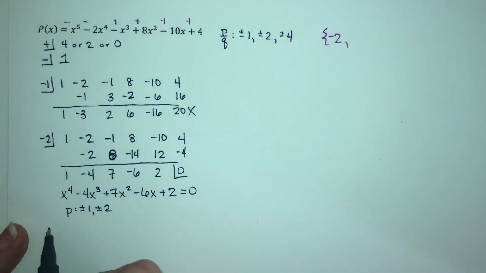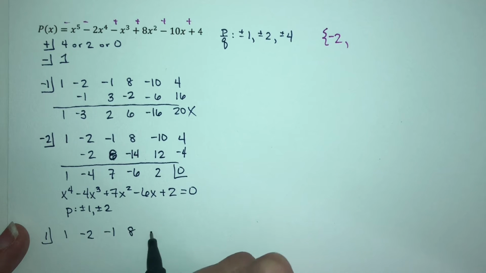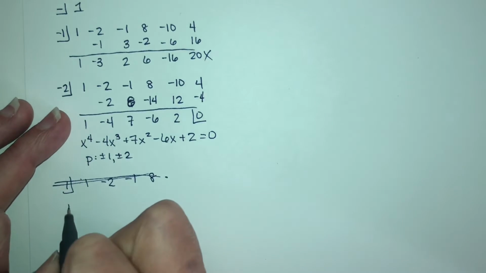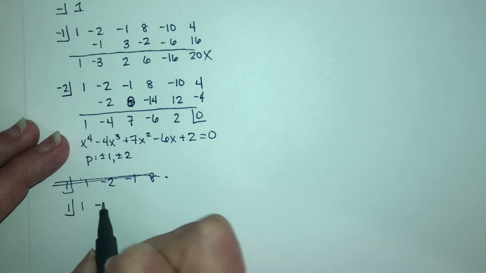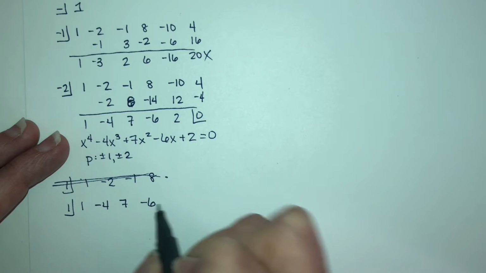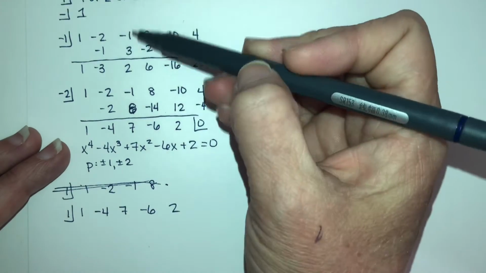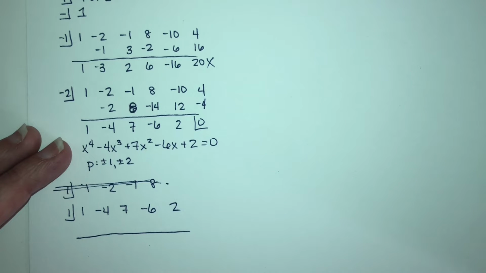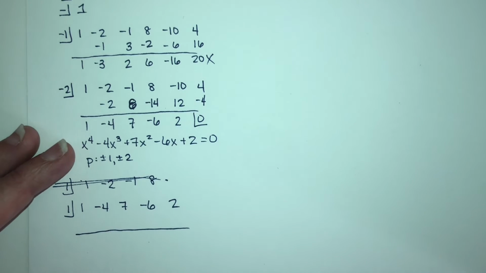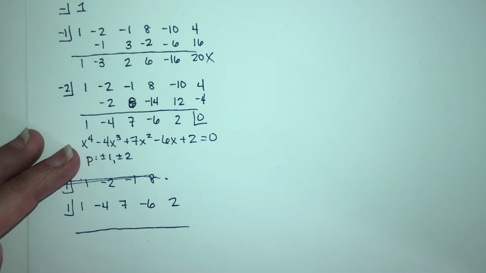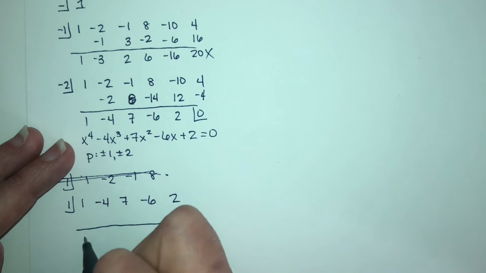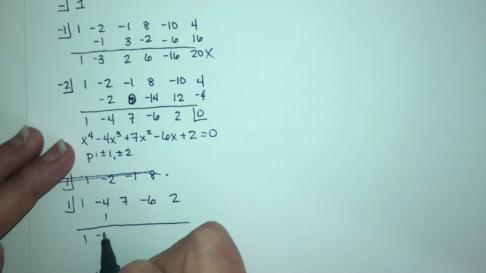So let's test 1. No, sorry, making a mistake. I need to use these values: 1, -4, 7, -6, and 2. Although it would technically work in your original, you want to use your depressed equation. For 1, because it's easier, because you're going to have fewer numbers to work with. And for 2, because if you get an answer more than once, you're not going to find it unless you use the depressed equation. So here, bring down the 1, multiply, add,